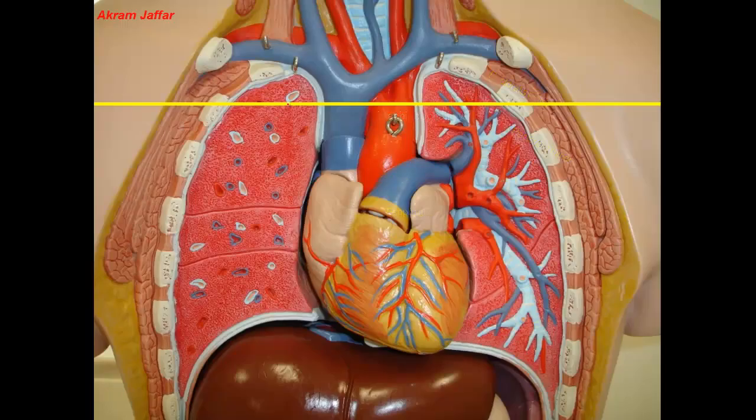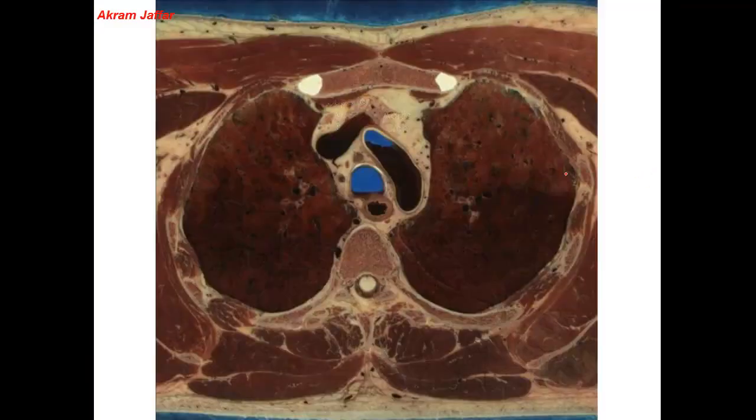The level of the next section will be a little bit lower down. It will pass through the superior vena cava, and at the same time it will pass through the level of the upper part of the arch of the aorta. So we will see the superior vena cava and the arch of the aorta. We will no longer see the branches of the arch of the aorta, because they can be seen at a level a little bit higher than this level. So this is the section passing through the